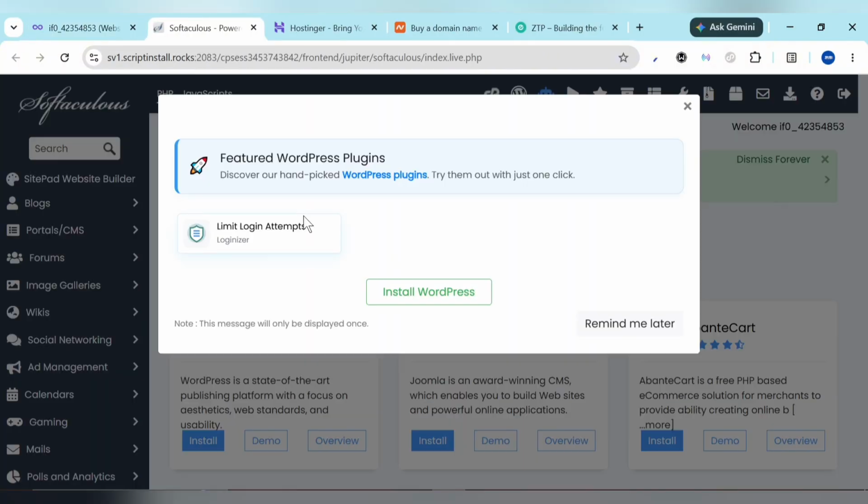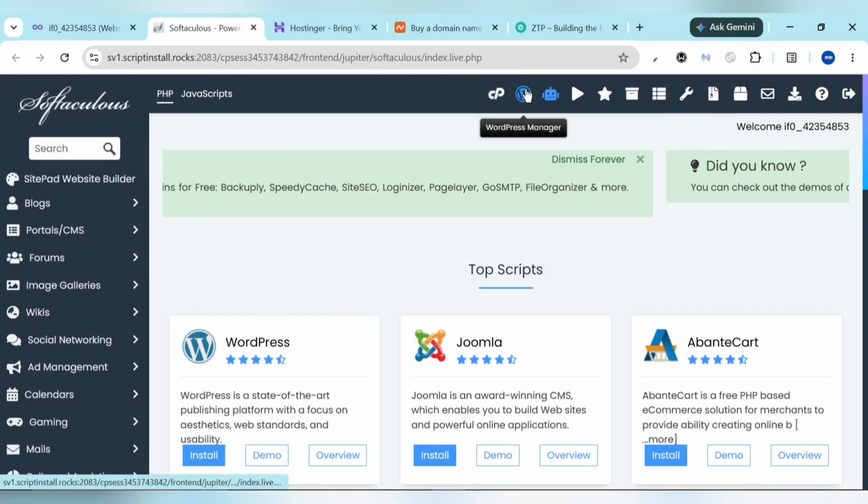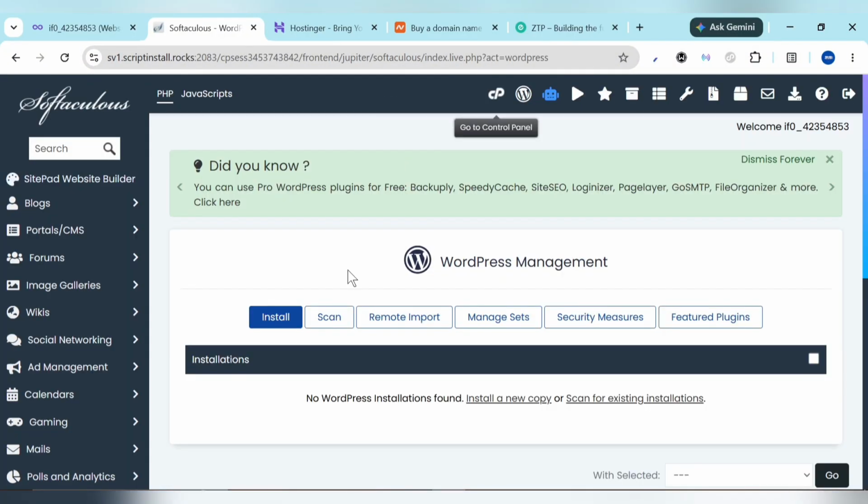So click on it here. Now this will bring you to this place. In here we're going to be installing WordPress. You could do it from here, but just for you to know what to do next time, I'm just going to cancel this, and we're going to click on this icon here with WordPress Manager. You're going to click on install,